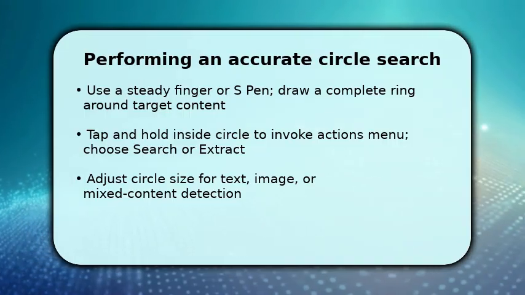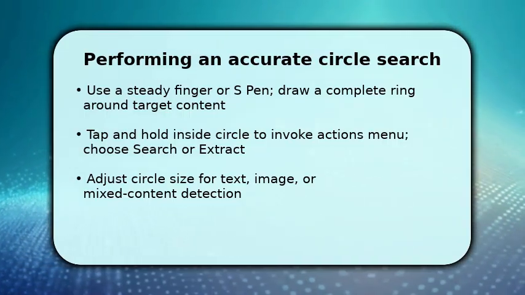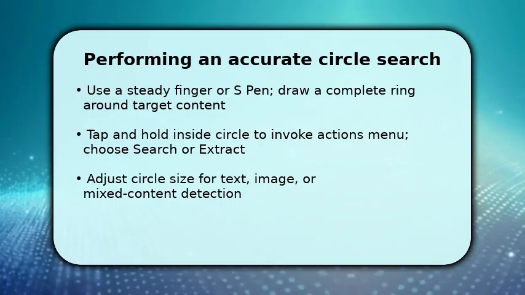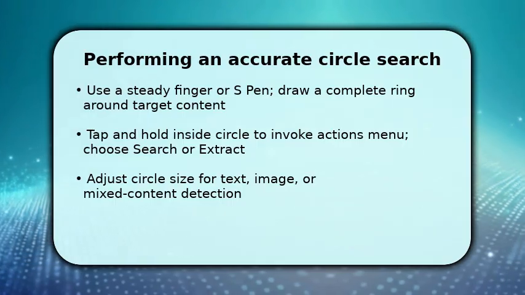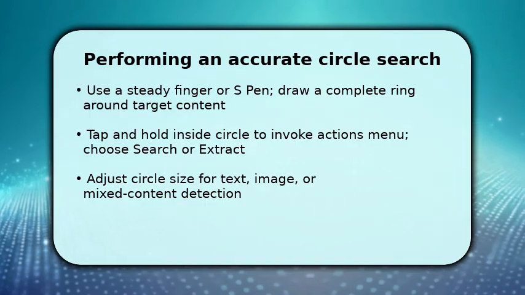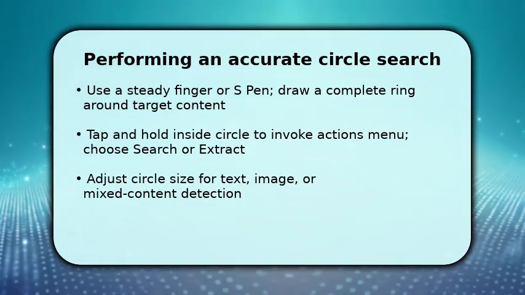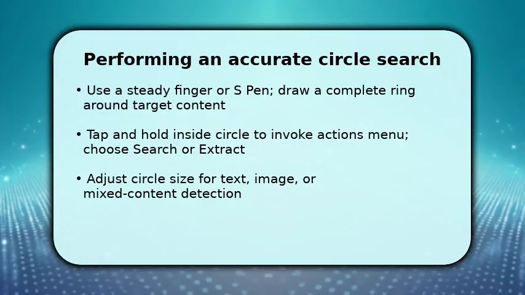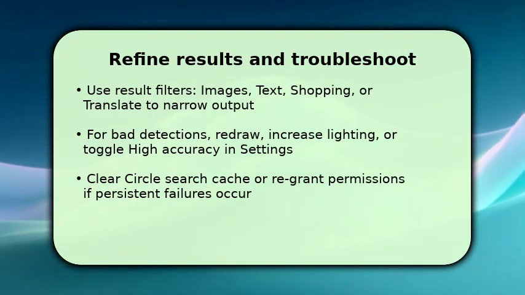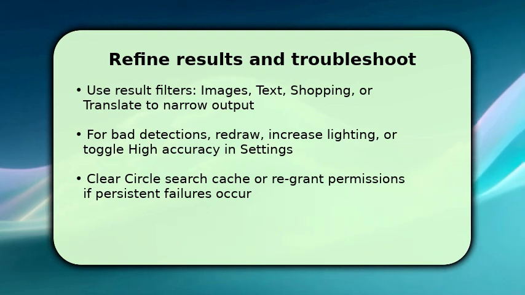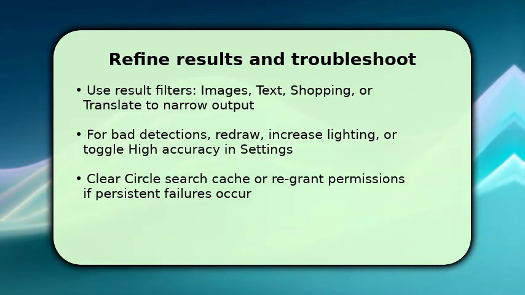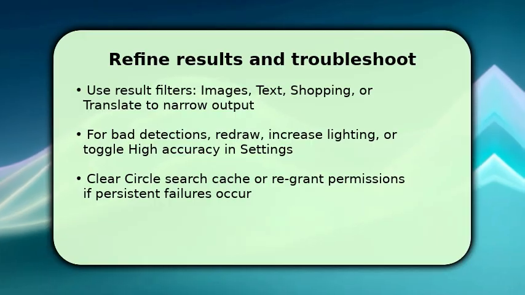Make the circle slightly larger for complex scenes so the algorithm captures context. If you need precision, zoom in first, then draw. You review results and apply filters like images, text, shopping, or translate to refine what Circle Search returns. This improves relevance quickly. If detection is poor, redraw the circle with better lighting, use the S-Pen for steadiness, or